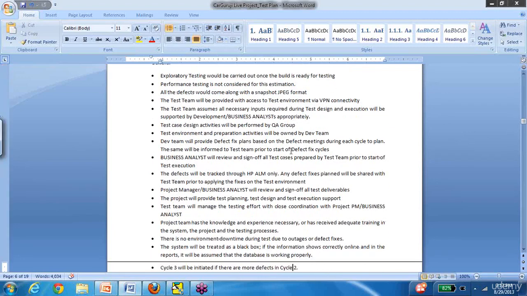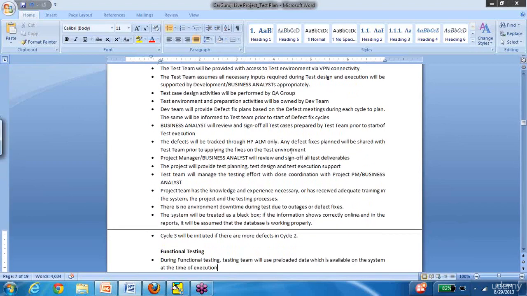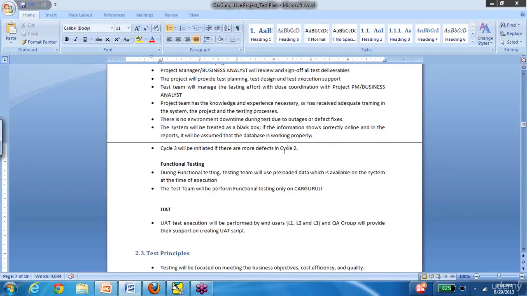Okay, again, I'm going to send out this document. Please go through each and every aspect. I have made sure to include as many details as I can in this, because this can serve like a template for you going forward. So I'm not going to go over each one, but in case you want me to repeat a certain section or go over a certain point, let me know. I will do that. But for now, I'm just going to go to the functional testing section.